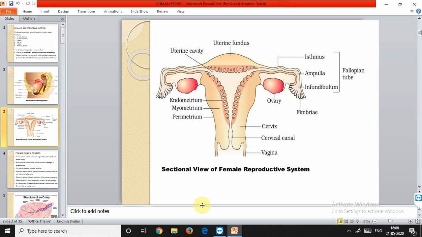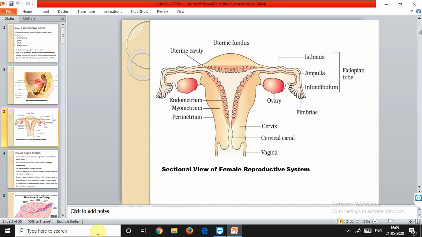Now there is a narrow lower portion that is called the cervix, and a very much higher number of ring muscles are present in the cervix region. So the uterus opens into the vagina through the cervix. There is a fertilized ovum which develops into a baby inside the uterus. So when the fertilization has occurred, the fusion of the male and female gamete, this zygote, the product of fusion of male and female gamete, is matured inside this uterus.